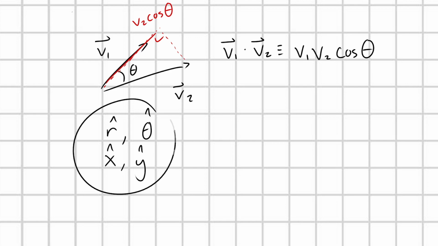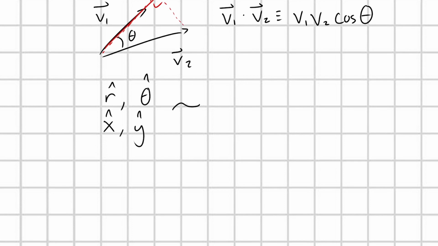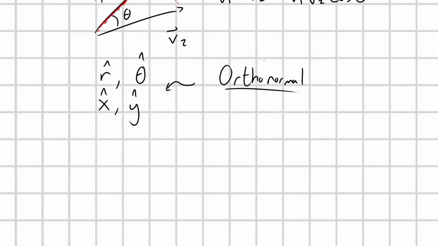The point is we define some basis vectors for our Euclidean plane, or if we're talking about 3D, Euclidean space. Now, it's really important to recognize that we design these to be orthonormal. Orthonormal basis vectors. What does that mean? Just as a reminder,